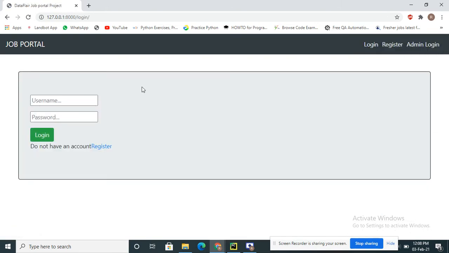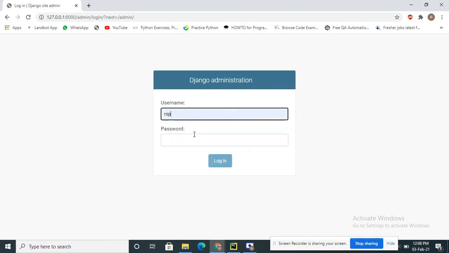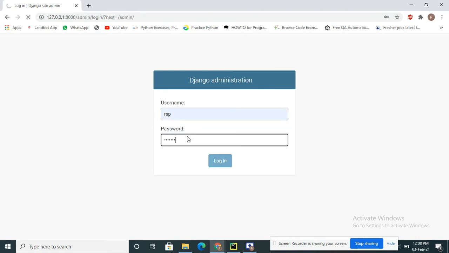So now how to post the job. Admin has added the user, and now the company HR people will post the job. To post that job, we have to go to the admin panel. So admin will post the job.